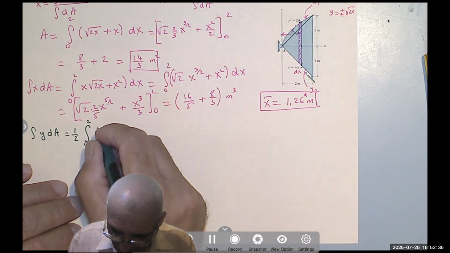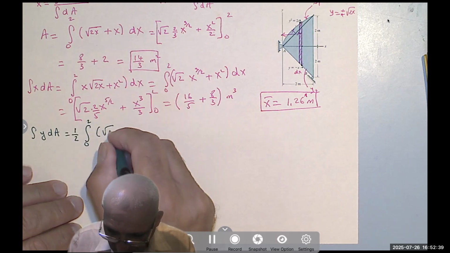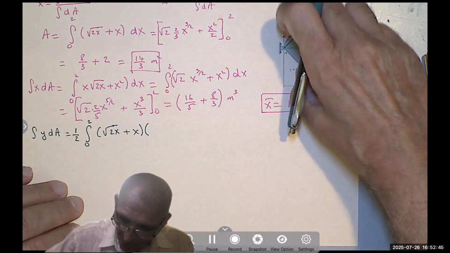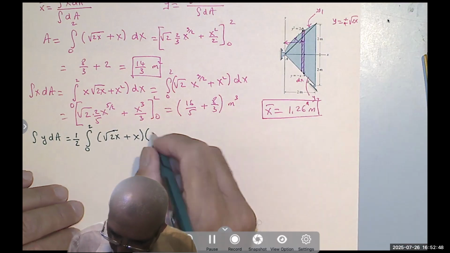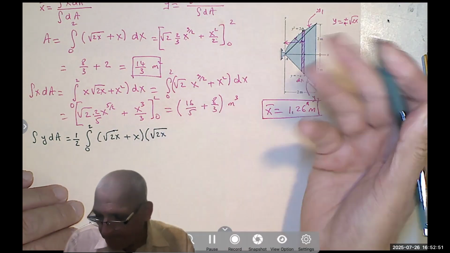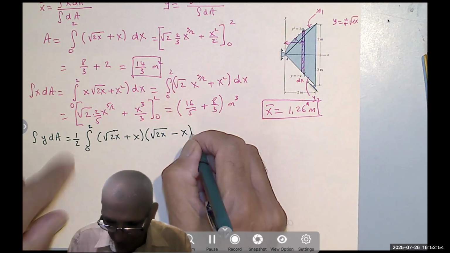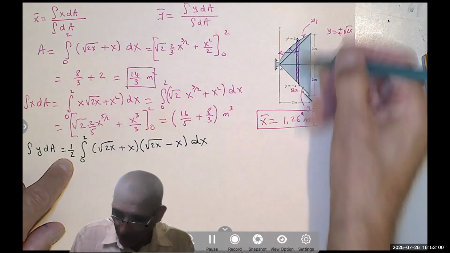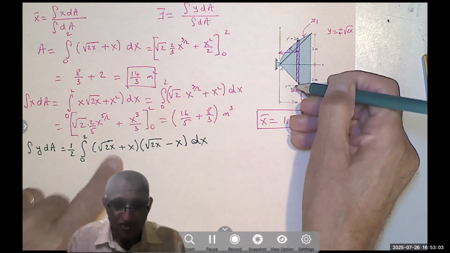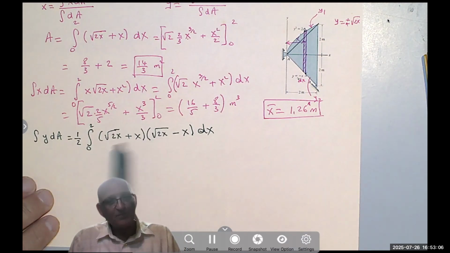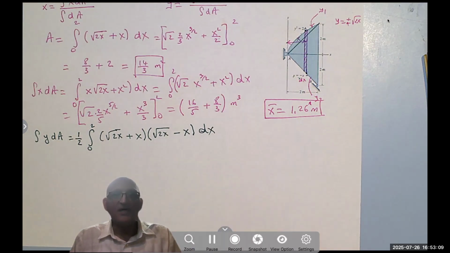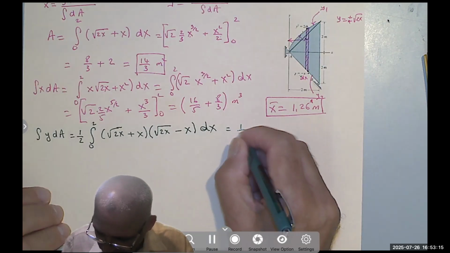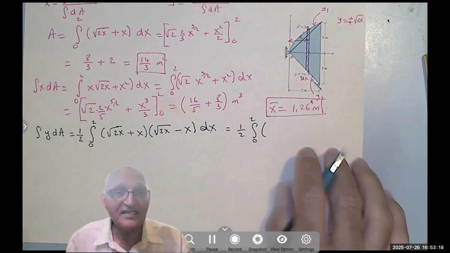The area, as we said, was root 2x plus x. And this area would be multiplied by the y bar of the rectangle, which is y1 plus y2 over 2. Notice plus y2 is negative x. But when we did the area, we said y1 minus y2, so the negative changed that into positive. But look at that expression. It's a plus b times a minus b. And we know that when you multiply them, you get a squared minus b squared. So really, that's a very simple